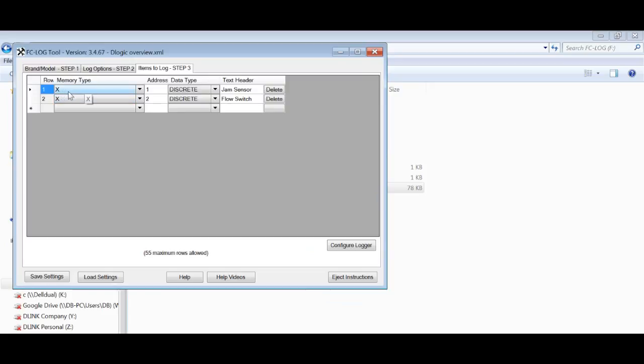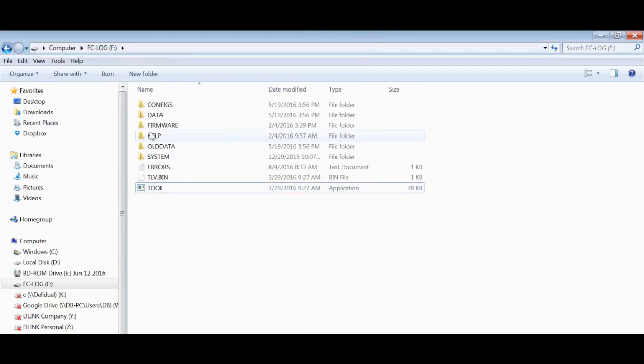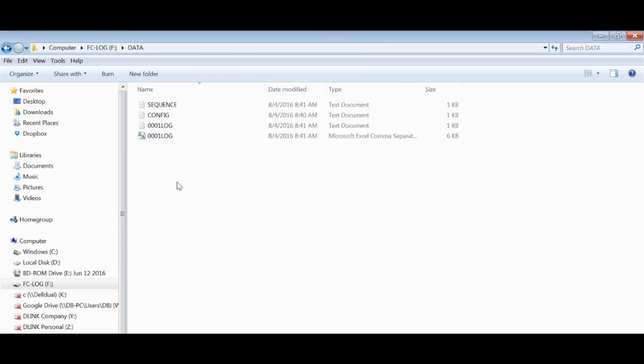go and log X1, it's a discrete point, and label it jam sensor at the top of the column in the CSV file. Go get X2 and label it flow switch at the top of the column, and I configured it. As I said, to save time on these videos so that you can just get the meat and potatoes of how this thing works and how to configure it, I already ran this. And if I go out here to my data folder, the logger created a file called 0001 log, and it's a CSV,